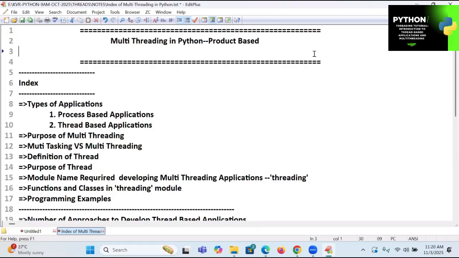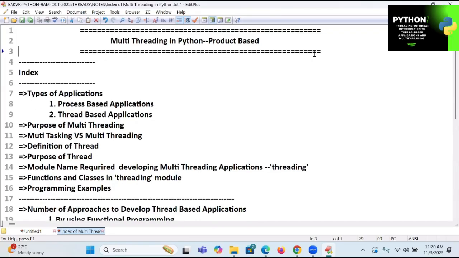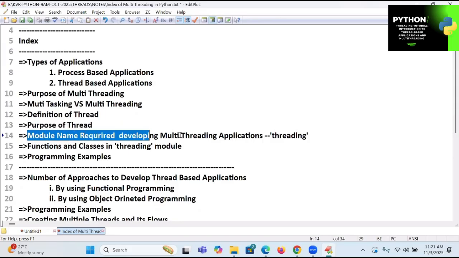Irrespective of the companies you are attending, if the multi-threading concept comes into the picture, what concepts are you going to learn? Number one, types of applications: process-based applications and thread-based applications. Then the purpose of multi-threading, multitasking versus multi-threading, definition of thread, purpose of thread, and the module name required for developing multi-threading applications.